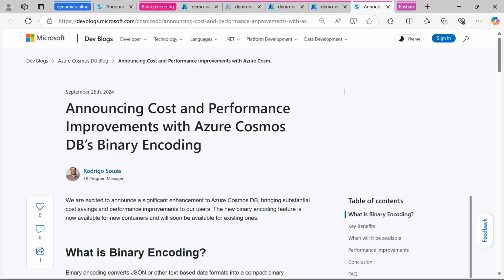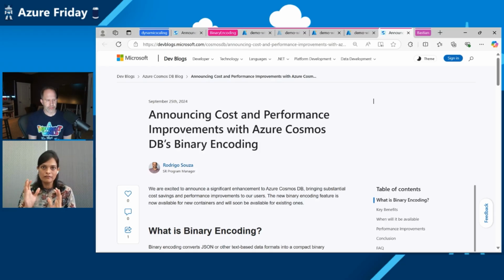Before getting into the demo, let's have a quick understanding of what binary encoding is and how it helps. Binary encoding is about converting JSON text into a compact binary representation. And how does it help? Text data requires delimiters, escape characters, and additional formatting to structure and separate the data values. All of this adds storage overhead, and it also requires additional parsing, which is quite performance intensive and storage intensive.